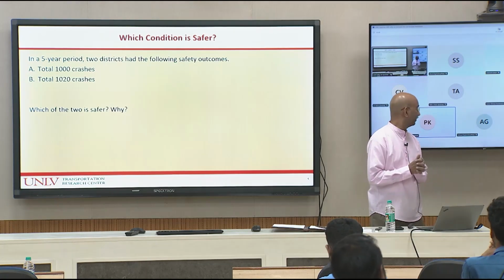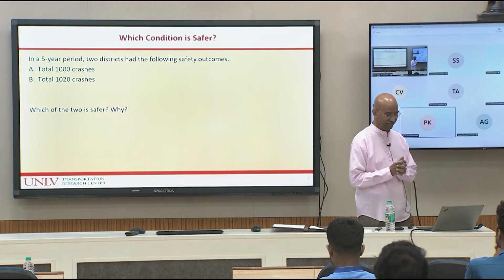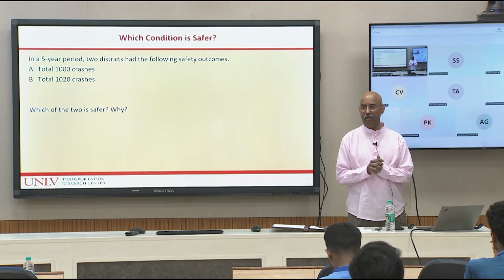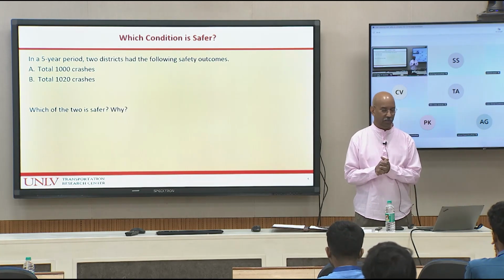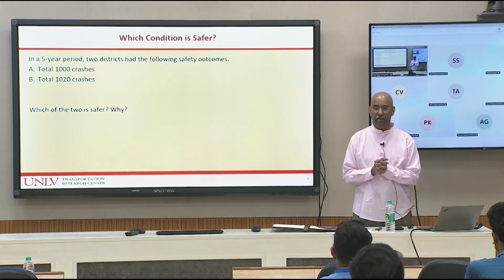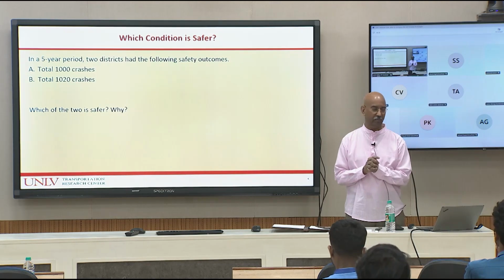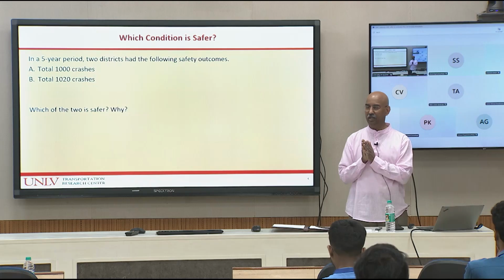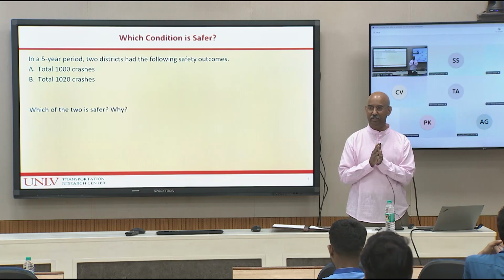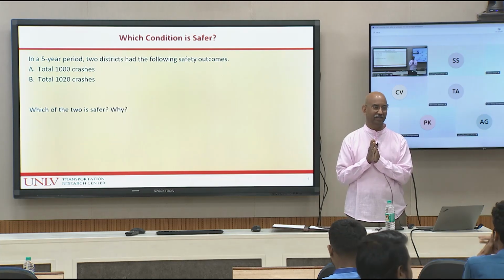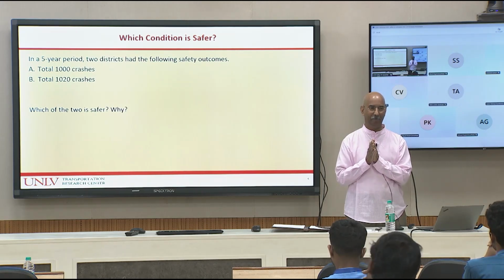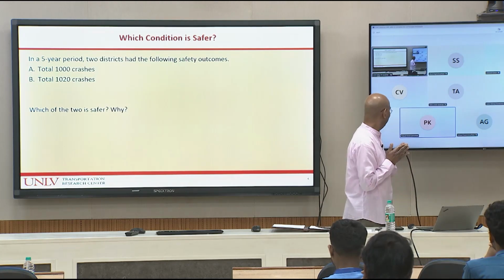WhatsApp group 5? So just looking at the number of crashes, it is very difficult to comment on that. Yeah, this is the only information you have. You are a district collector, you were talking to the people, people are complaining there are too many crashes, it's not safe. The superintendent of police, DSP, comes up and says, sir or madam, here are the total crash numbers. So that's all the decision maker had at this point of time. I know you said it is difficult, but which is safer based on the data you have? So based on just the data, A is safer.